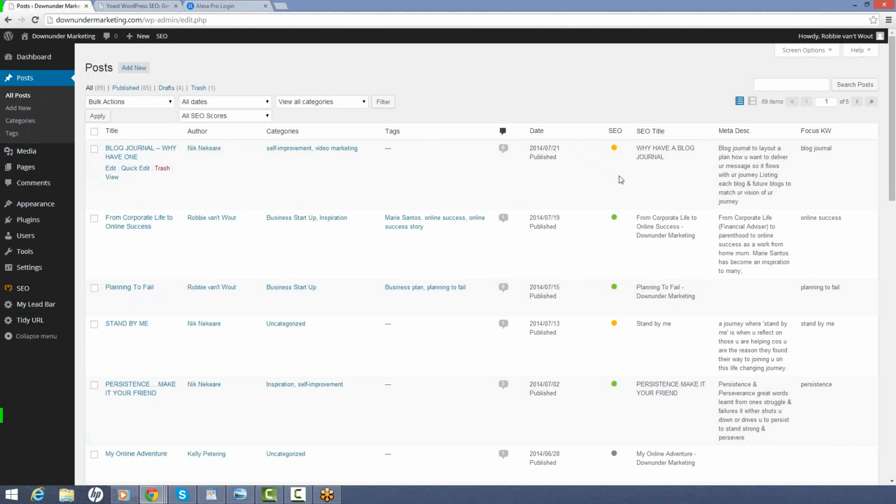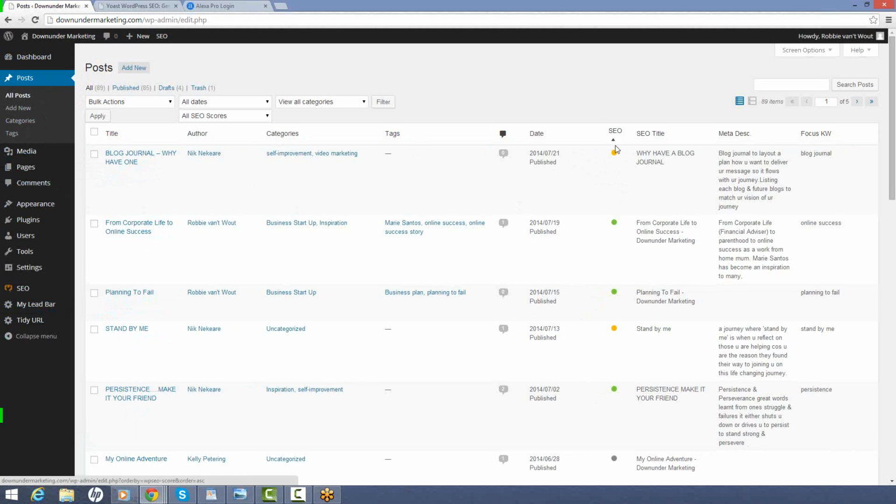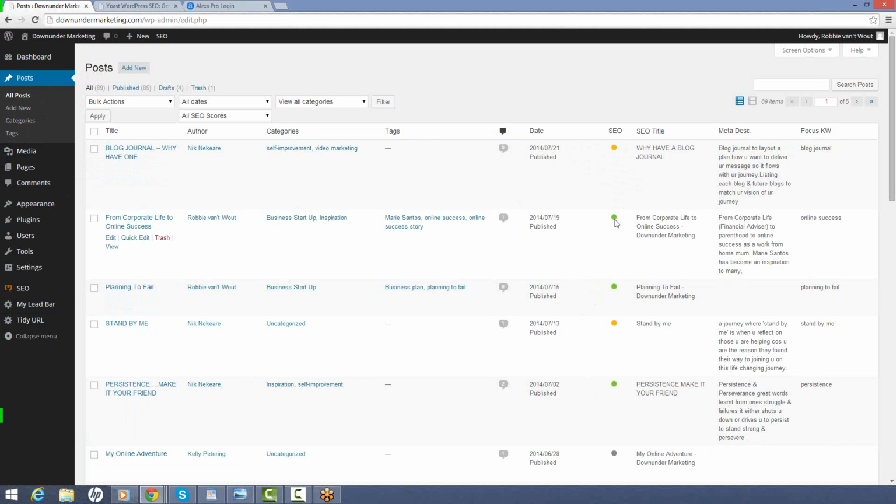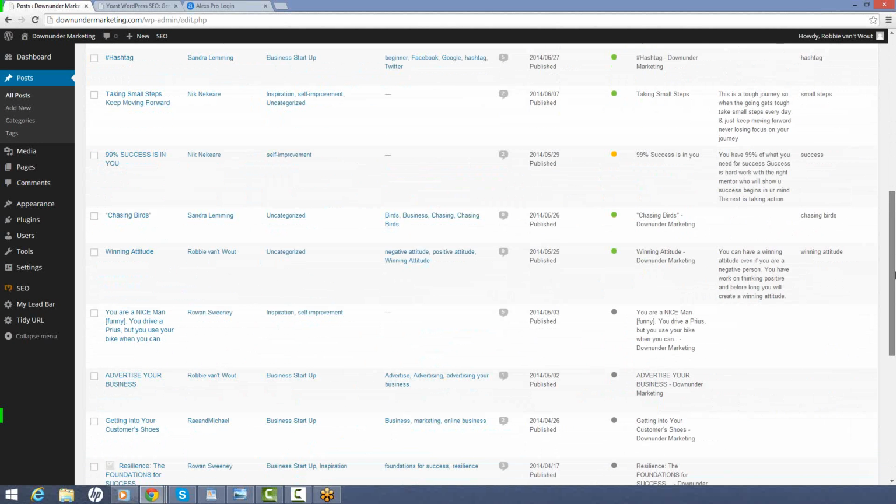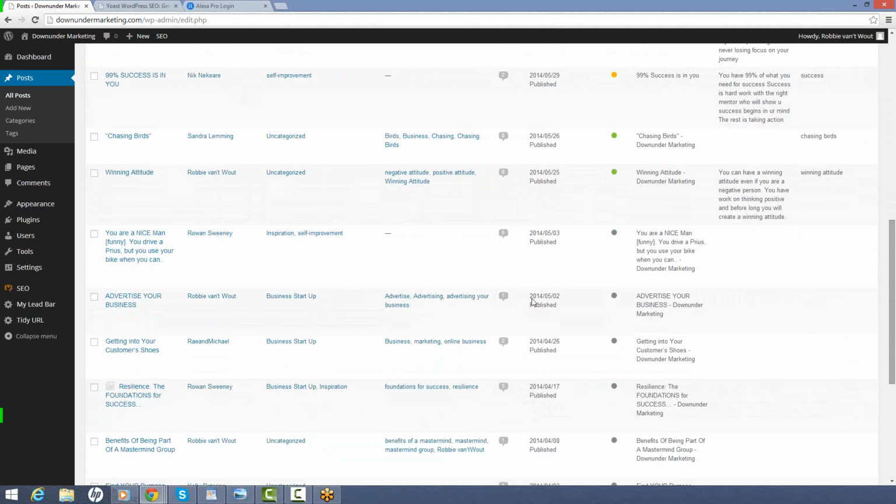But anyway, the SEO, if you look down here, you can tell the site blog posts that have been optimized. The little button there goes green, and if we look down here, this one hasn't been optimized at all, and we've got one that's yellow. And if I try this one, this is a blog post I did before we actually did the tool. So if I edit that,